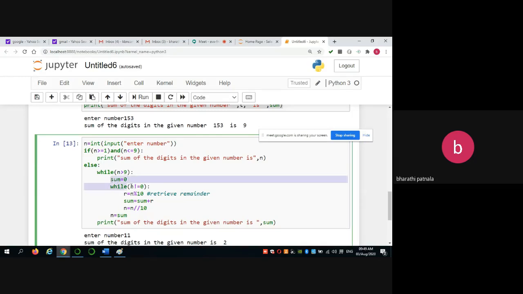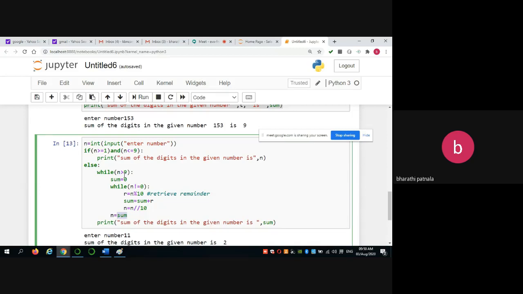Okay, so this is the program for summing up all the digits of a given number. If the sum of the digits of the number is more than 9, you have to do the same task. That's why I am assigning this sum value into my original number and checking this original number once again, whether it is a single digit or more than a single digit.